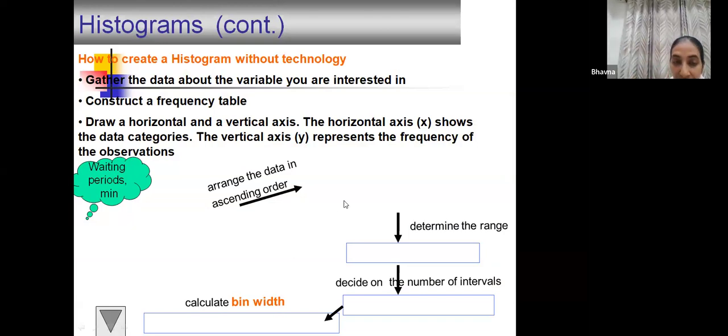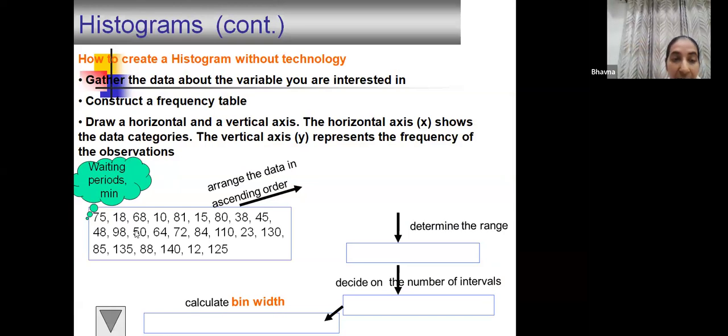For example, the data we have taken here is this, okay? We have waiting periods outside OPD. Let's see a cardiology OPD. People are visiting the OPD and we interview a few people, say around 20-30 people, and we ask them, आपको कितनी देर रुकना पड़ा डॉक्टर से मिलने से पहले, okay? So the first person says, I had to wait 75 minutes before I could see the doctor. The second says 18 minutes. The third says 68 minutes. And the last one says 125 minutes. We just record all of it, okay?